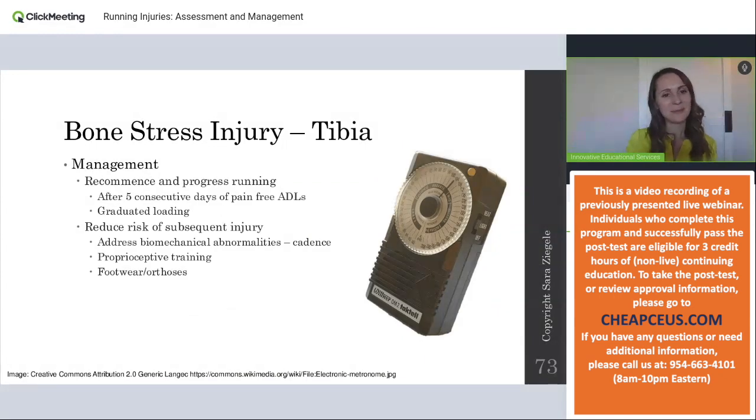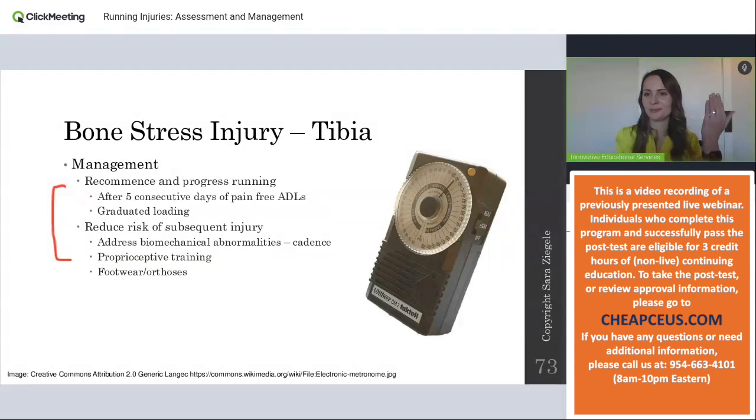How to decide when it's time to go back to running. This is a part where I think the rehab team has a huge role on the medical team. Usually stress fractures are going to have a physician involved in the management. However, I've seen many, many times where once they see appropriate signs of bone healing, they tell the patient, you